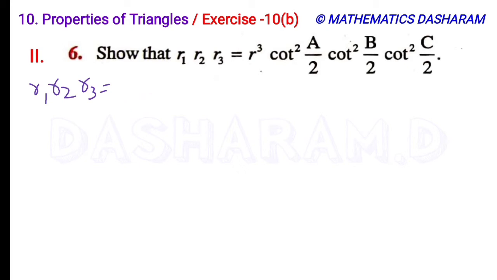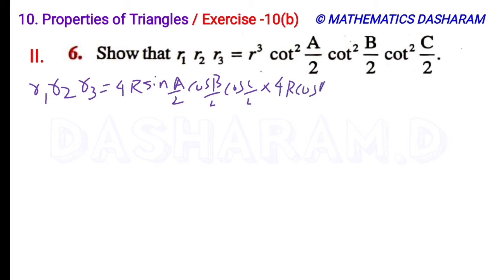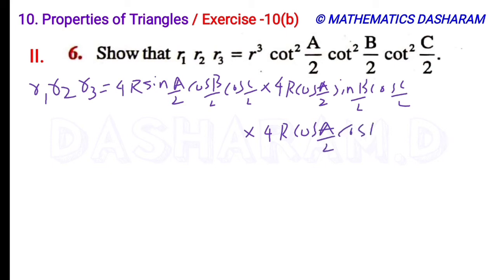We have one more formula for R1, that is 4R sin A by 2 into cos B by 2 into cos C by 2. Similarly, the R2 formula is also 4R cos A by 2 into sin B by 2 into cos C by 2, and the R3 formula is 4R cos A by 2 into cos B by 2 into